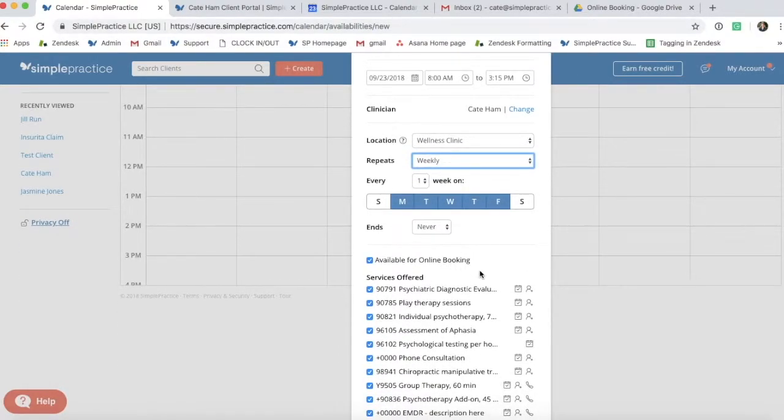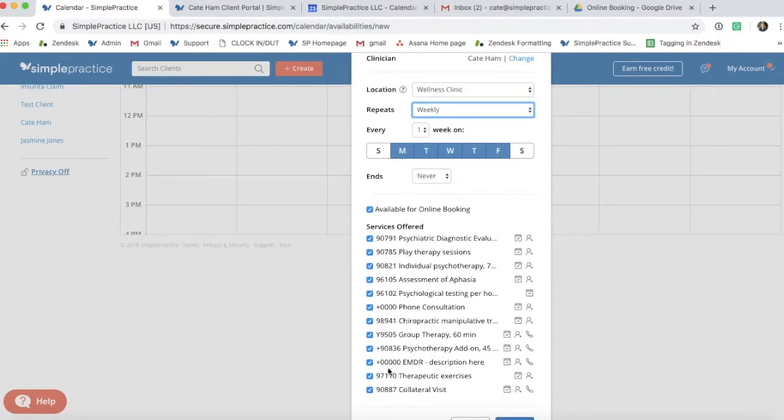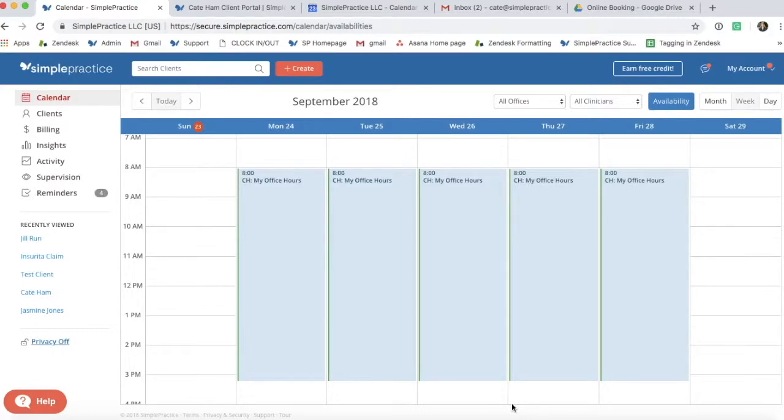The whole point of setting this up is making hours that clients can book. And you can also further customize it and decide, I do want maybe this service, but not this service in this window. I would say most people I talk to have all services available at all times, just to maximize the amount of appointments clients can book. So once I click done, it is on my calendar, and clients can hypothetically book appointments depending on when the